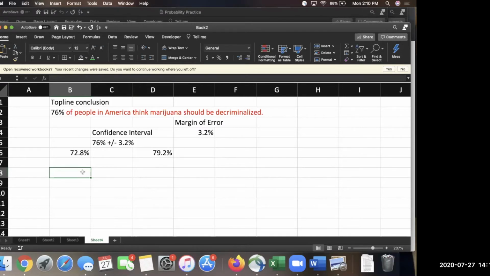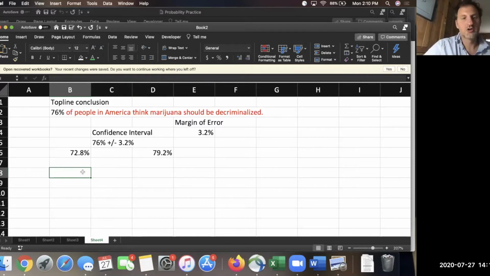So it would just be somewhere between 72.8% and 79.2% of people in America think marijuana should be decriminalized. Good. The only thing that's missing is the gimme in the front. We have 95% confidence that. That's a gimme. That's always going to be at the front of your sentence here. And then we go to the confidence interval between